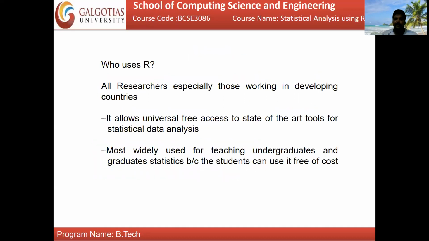Okay, so who are all using this software? That is the main question, and then only you will give more importance to this subject. It is mainly focused on researchers who are doing research. They use it for development purposes and for many other aspects. They go with the statistical part using R programming. Okay, so it is freeware. You can take it online for free, there is no cost or payment, and you can download it from the internet.